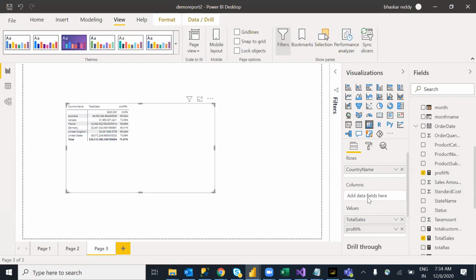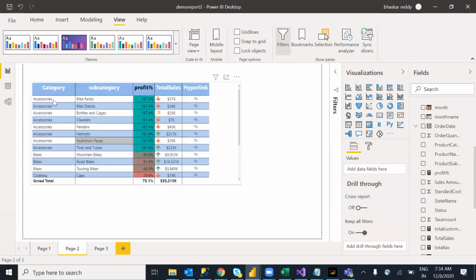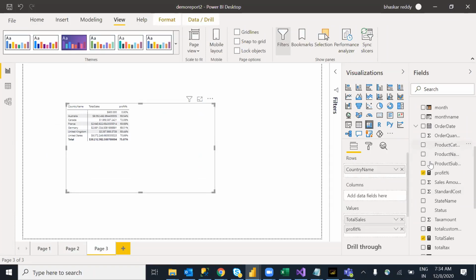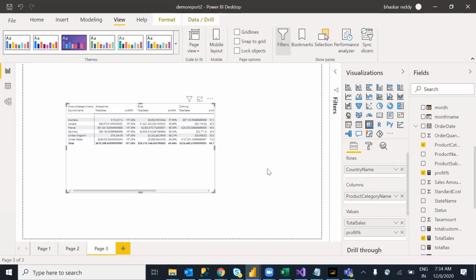Here we have one extra thing, that is columns. Columns means I can display my data in rows or column wise as well. For example, let me drag. I will show you the comparison between table and matrix. Here we have product category, sub product category wise, what is the profit. Now we will see here. I can bring product category into the columns. So the main difference is we can display our data in rows and column wise as well.